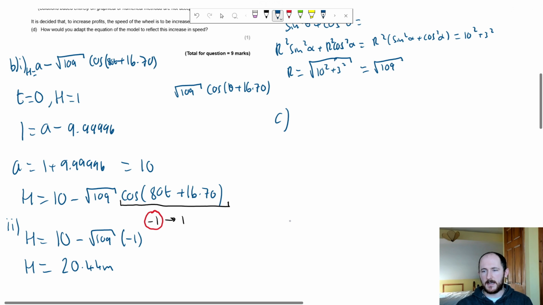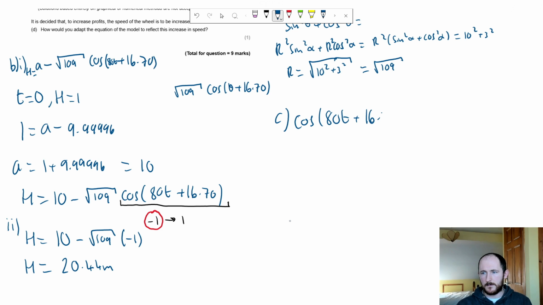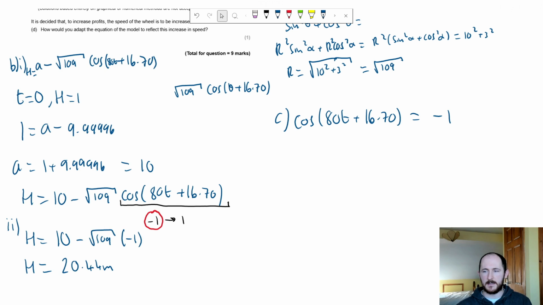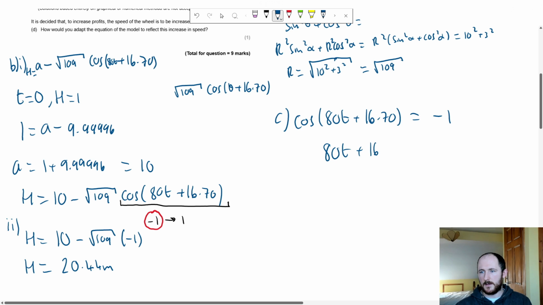So we're basically solving equals -1. Okay, so get out your calculators, do this. Now I know some of you use the class diagram. Personally, I would not use the class diagram at all. It's absolutely heinous. But you may know that this will happen at 180. Now I will use